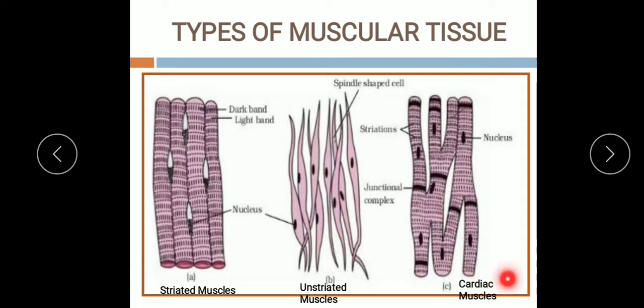Now the third type is the cardiac muscle. The word cardiac means heart. So these are the muscles present in the heart. They are exclusively present in the heart, and these muscles are involuntary. Understood? Because their movement is not under our will. So these muscles are involuntary and work rhythmically, tirelessly, contracting and relaxing endlessly from the early embryonic stage until death.